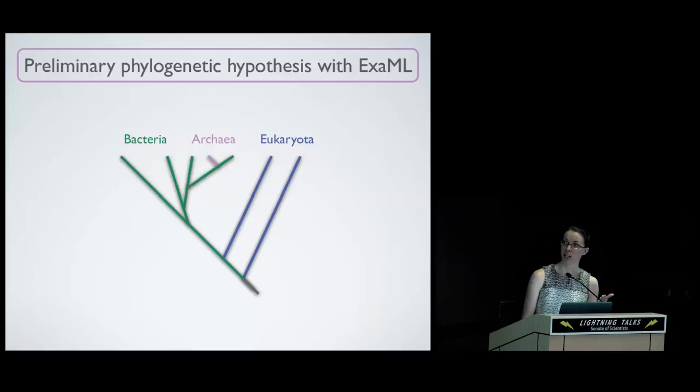So finally, this is the same kind of cartoon. There's no timing on this tree, so we imagine all these splits to be billions of years old. But eukaryotes are not monophyletic, as this is a single search, so this is not a final result. And archaea seem to be nested within bacteria, but I'm happy to take questions.